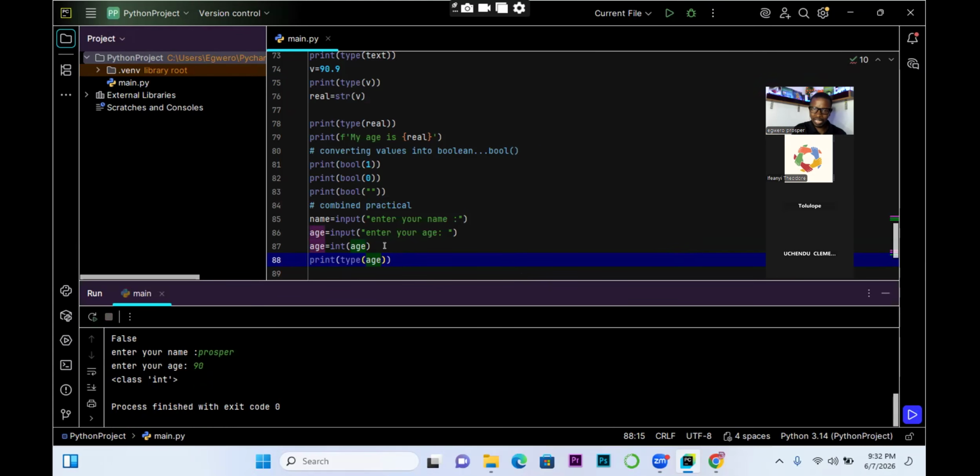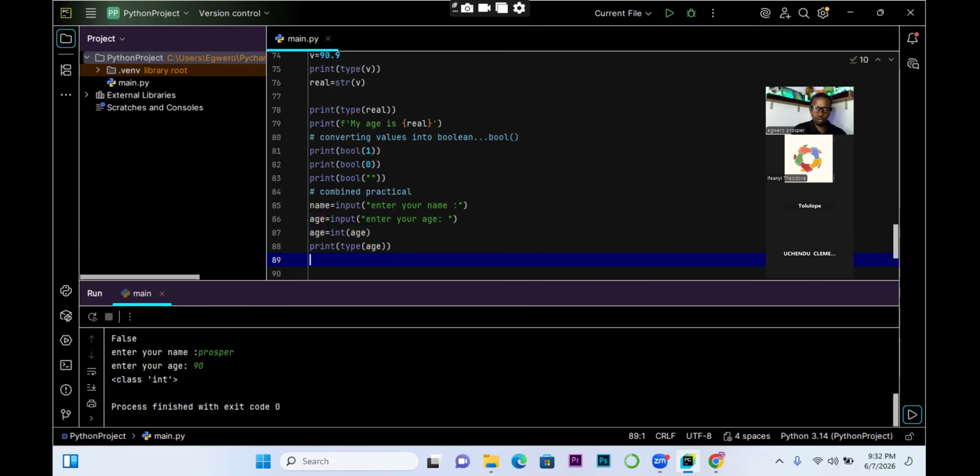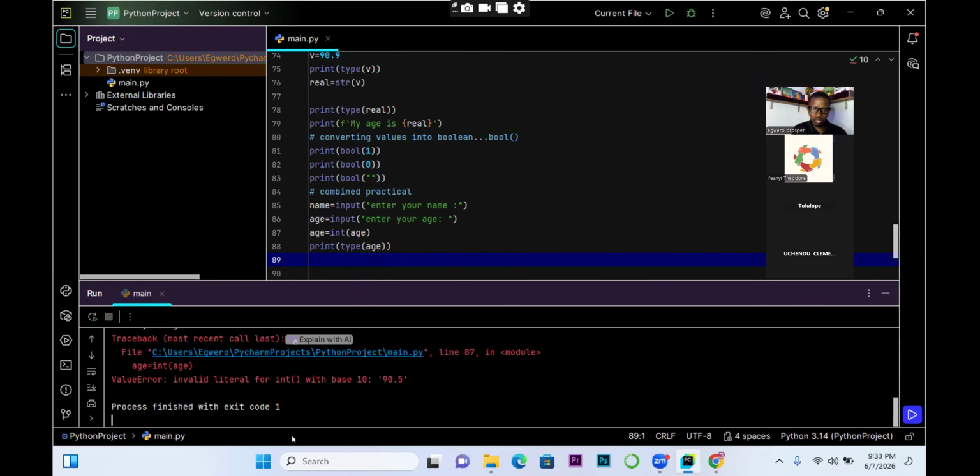Now, let's assume that we want to run the code again, and then I shall make my name Prosper again, and my age, instead of putting an integer, I'm saying that my age is 90.5. Then if I run it now, look at it. What did you get there? You get a value error, invalid literal for int with base 10. So which means that if you want it to be acknowledged as a float, you have to